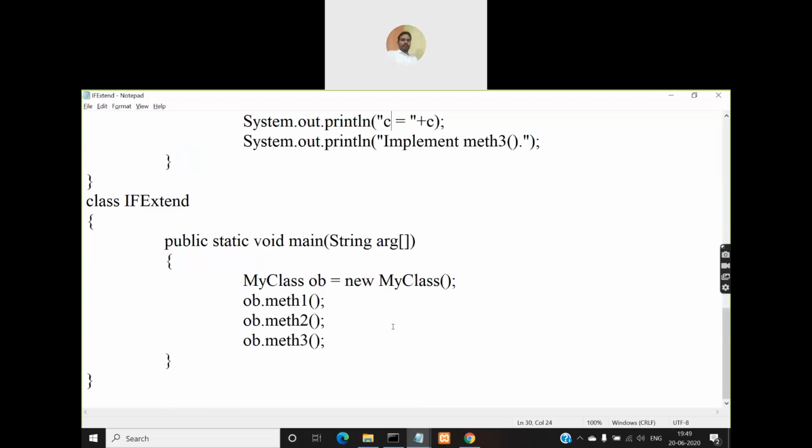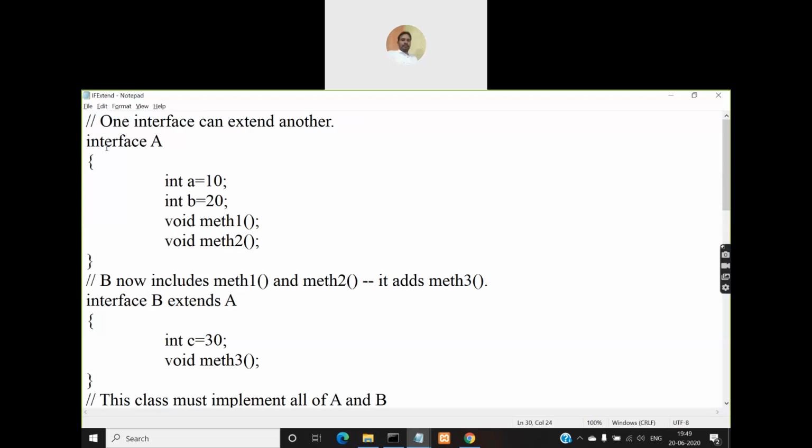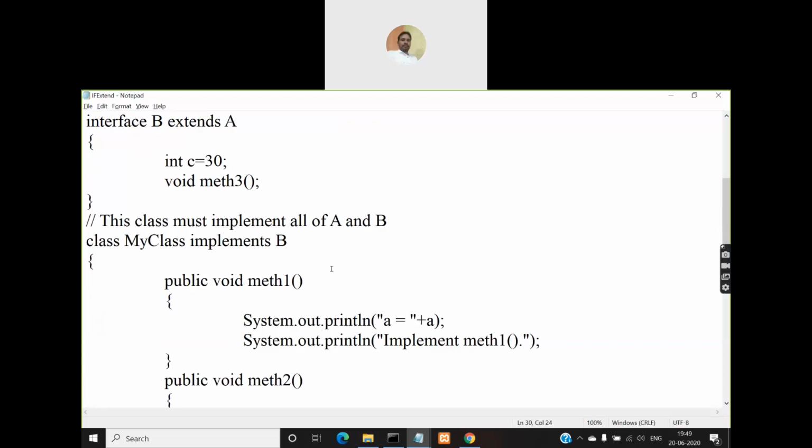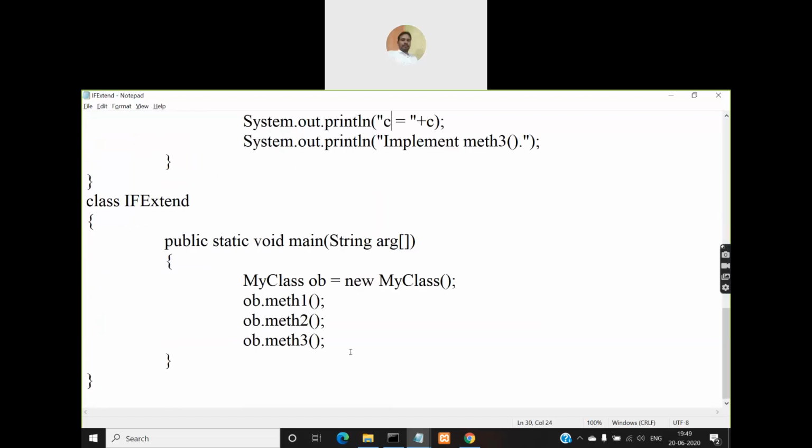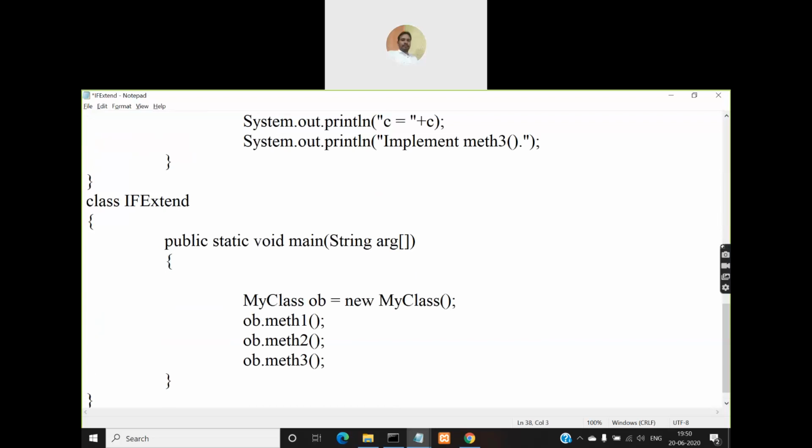And one more thing I would like to discuss here: let us try to create an object for an interface. I'll try to create an object for either interface A or interface B. So what will happen if you try to create an object for an interface? Will this work?